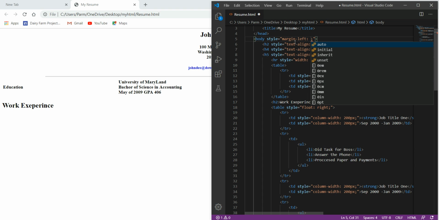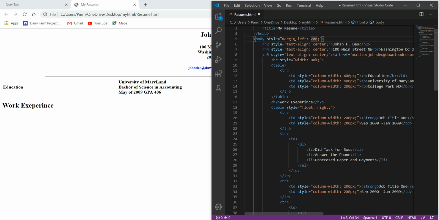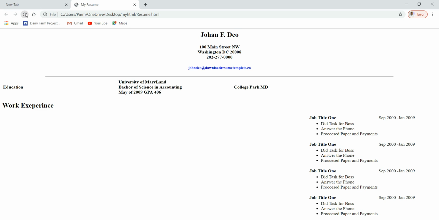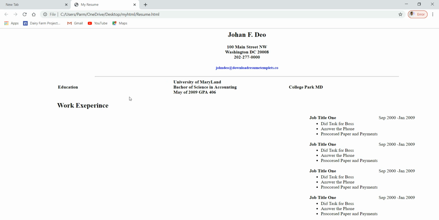Say we choose it equal to 200 pixels. Control S, save this and here refresh it. So this way I can arrange it over here.